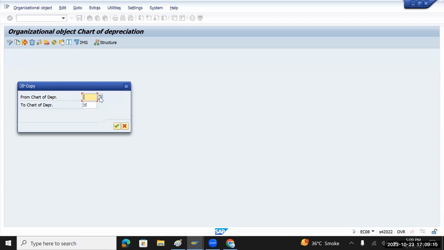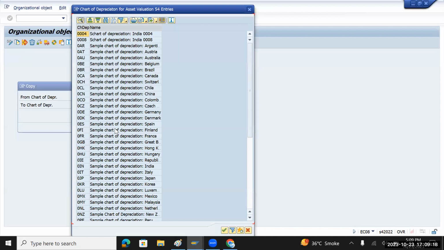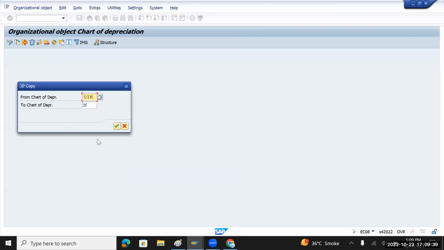So here I will be copying for India, as this is specific to India. We'll be copying this one, 0N. If you see here, SAP has given almost for all the countries. So I will select India. Double click on it. So I have selected this for India. And for the chart of depreciation, for Tata Motors chart of depreciation, or you can put